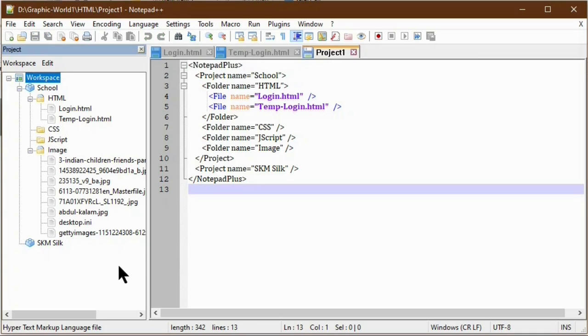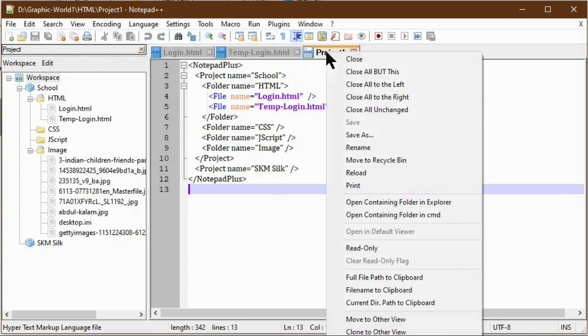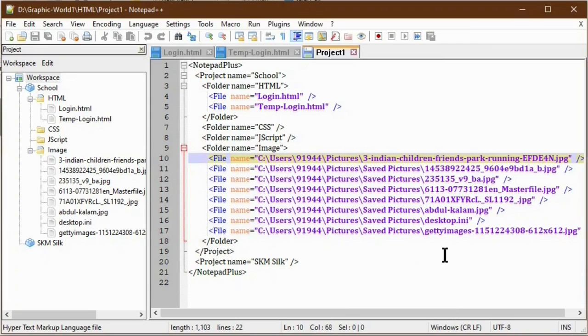After saving your workspace, you can reload this project file. You can see the difference. So now I am reloading that project file. Now you can see it has added all the images in the image folder, and also you can notice it has written the entire file's full path name in the list. So please remember, it will make a reference to the file with its path, so that whenever we open that file, it will go to that path and it will open it.